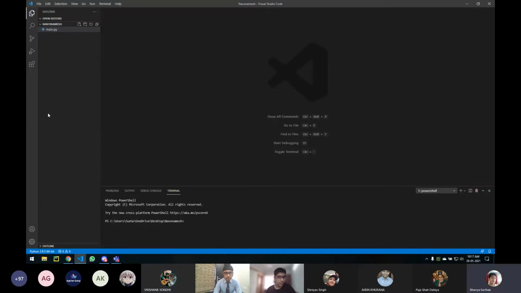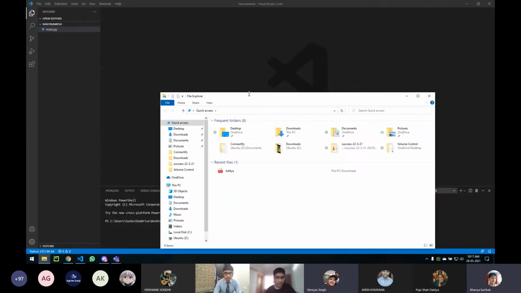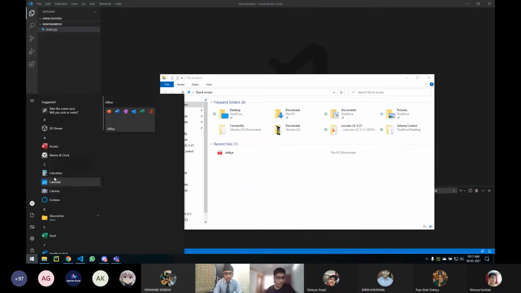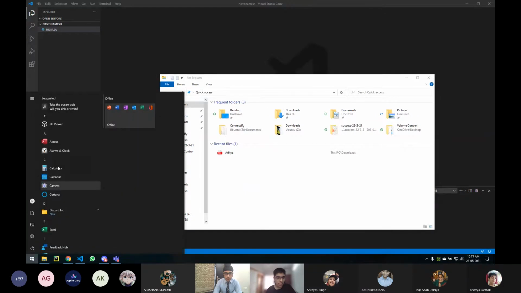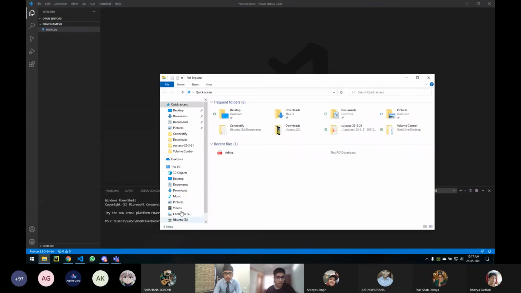Sir, how do I open it? You will install the VS Code app, just click on the icon from the Windows menu and this screen will open. I don't have any of it, neither VS Code nor Python. What should I do? You can download Python from the Microsoft Store.